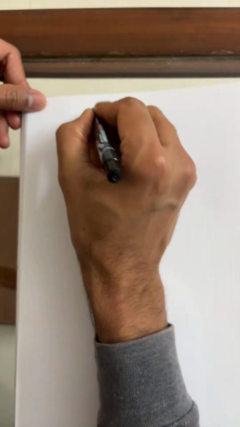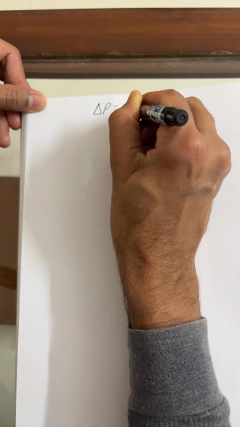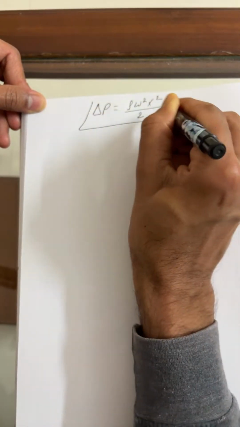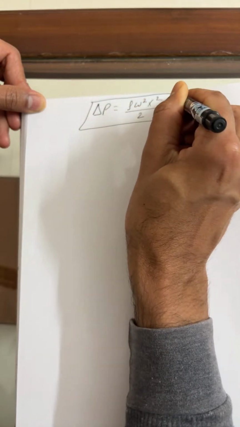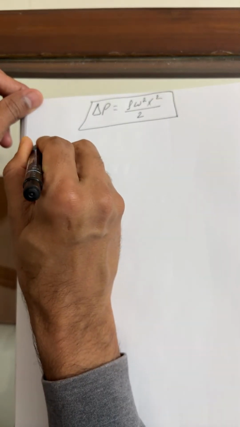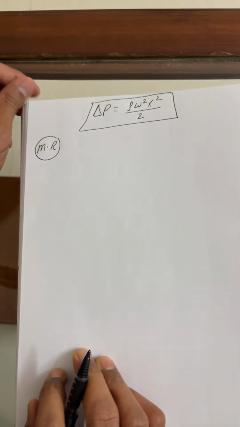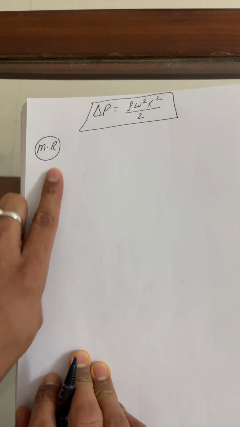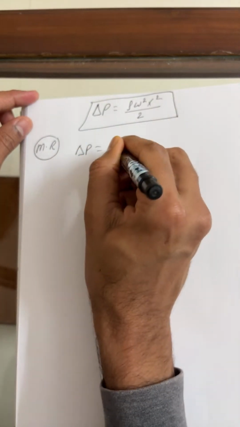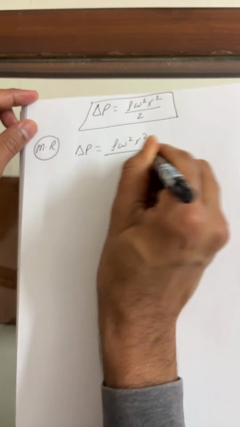What did we get as a result here? Pressure in a rotating fluid versus delta P: rho omega square x square by 2. This is what we got, the change in pressure or pressure difference. Now students, everyone remember this. MR is what, students? The most remarkable one, right? So delta P we can write as rho omega square x square by